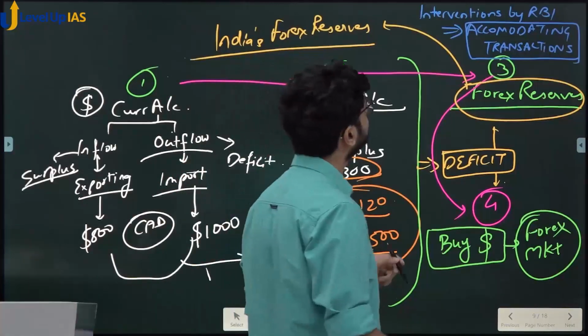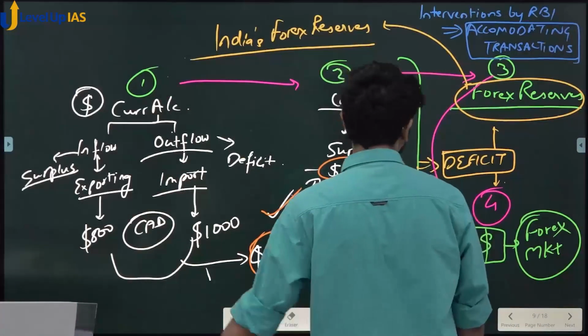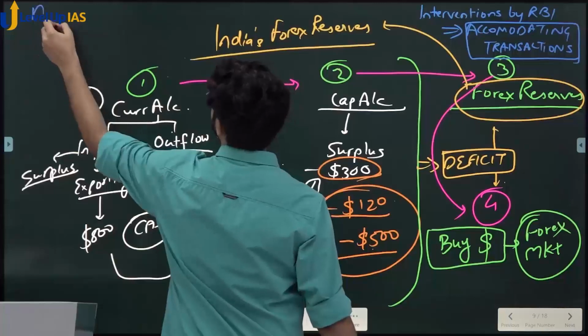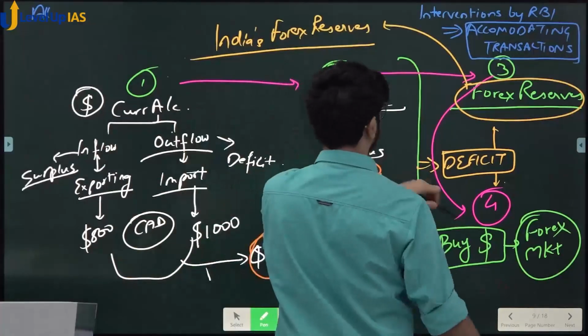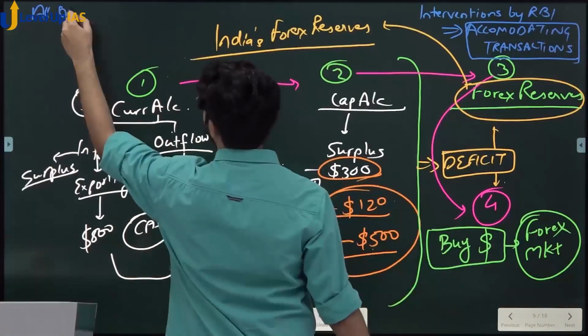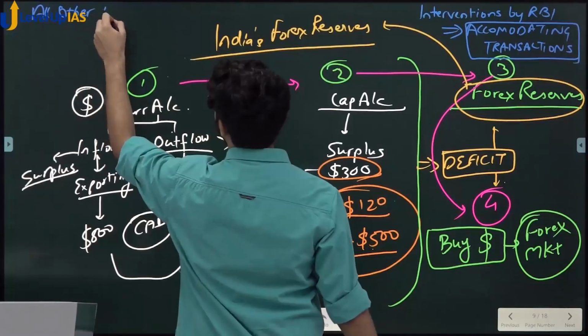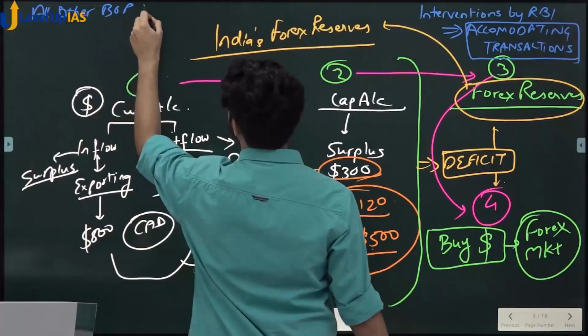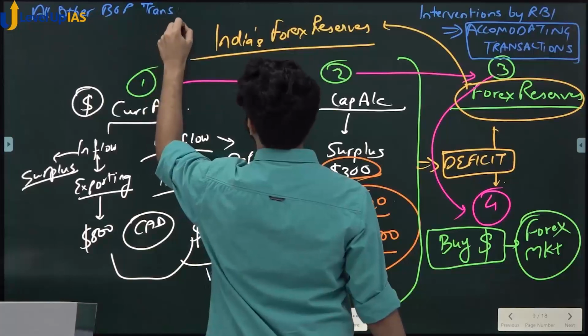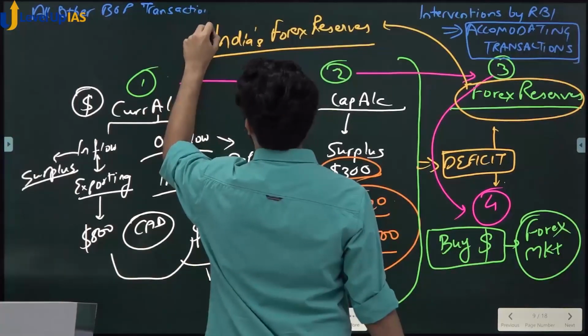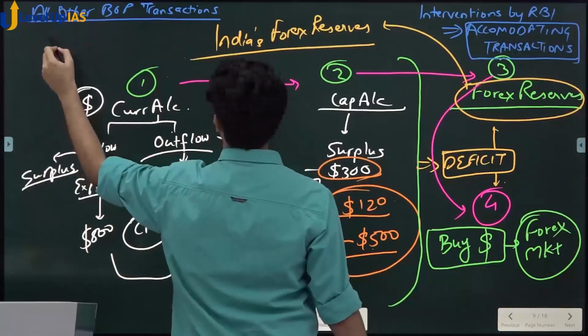So these are known as accommodating transactions, and all other transactions, current account, capital account, anything, any other transactions on account of balance of payment, all other BOP transactions are called as